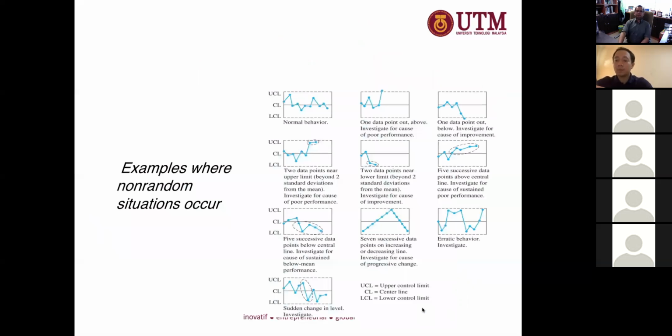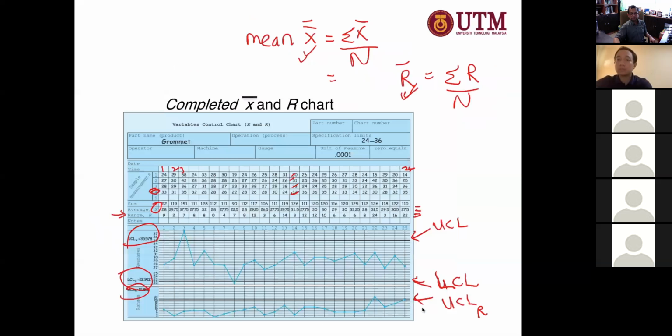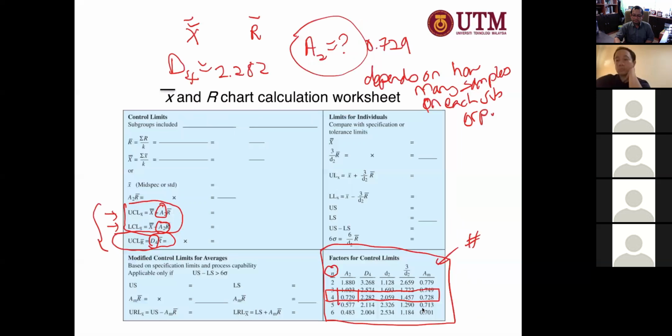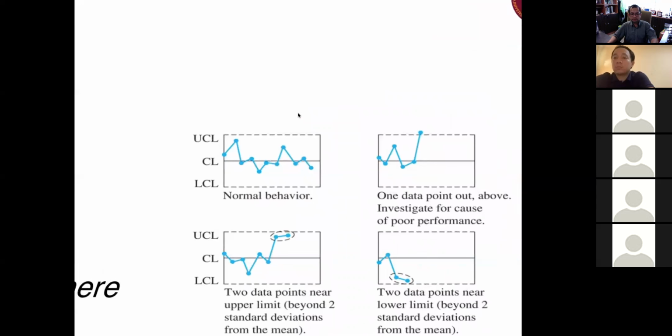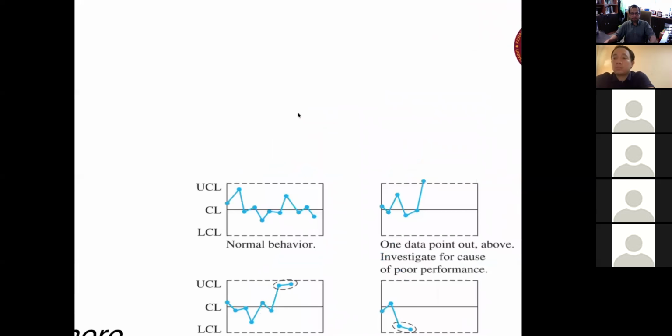Then we have to refer to this table. But as top management, maybe you are not interested in this, because this is maybe done by your engineer or you have a computer to do it for you. Maybe you are interested in this. This is normal behavior. Why normal behavior? Because it is within the limit. Although it looks normal, but